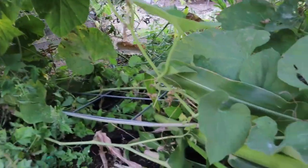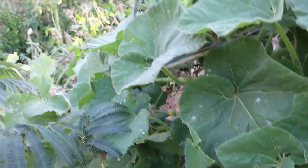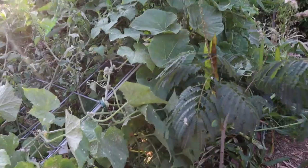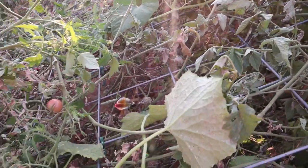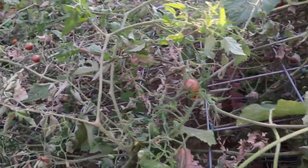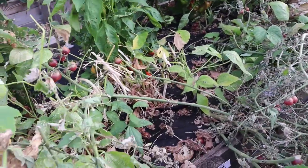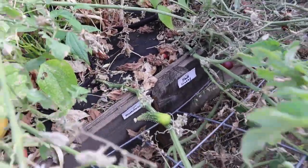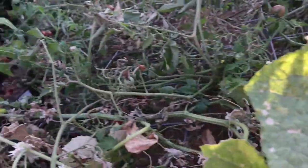Wow. And there's a cucumber here somewhere that was on this trellis. And I was going to show you guys that cucumber, but I don't even know where it's at now. It's buried under all this stuff. Shoot. I'm hoping that I could sit this up and that everything will still be okay. It doesn't look like the tomatoes, the cherry tomatoes were pulled out. Look, there's a cucumber starting right there. Oh, and another one right here. The one I was going to show you was ready to harvest though. But it doesn't look like any of that stuff was pulled out, so